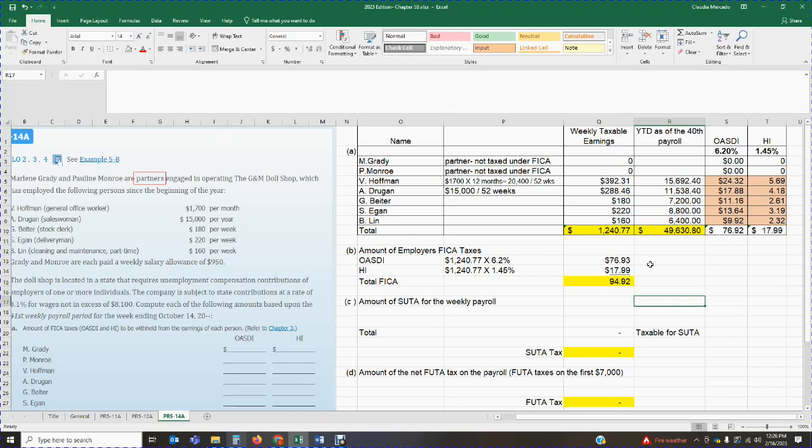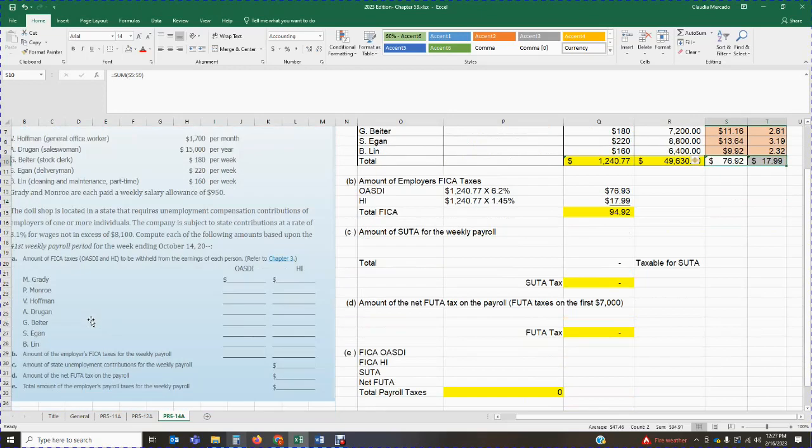Do not assume that the same totals that the employees are going to be deducted will be the same amount that the employer is going to be deducted. The employees are calculated based on weekly pay. Okay, the employer is calculated on the total payment for all of the employees. So you always have to pick up the total wages for that week.